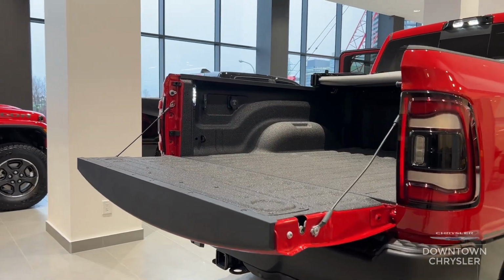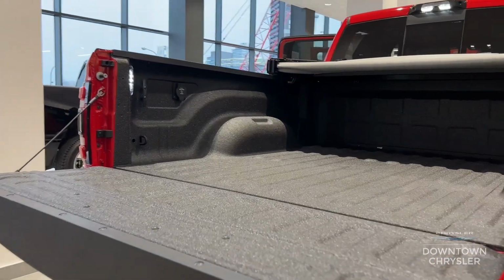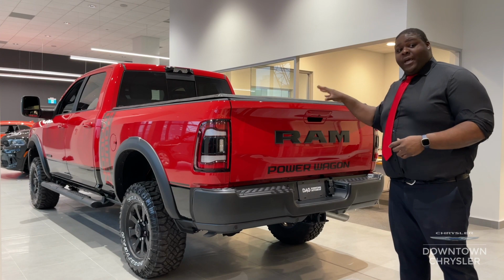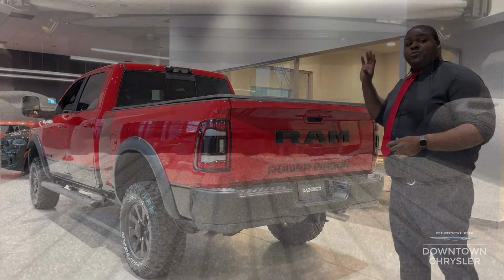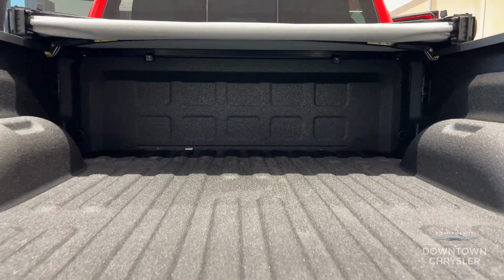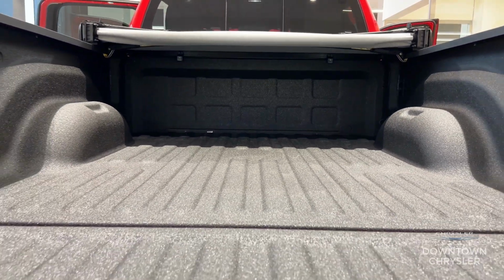Now, coming into the actual bed itself, this Ram 2500 Power Wagon is equipped with the 6'4" bed. That is the only bed that you can get for this truck, and it is extremely helpful to have. When you have a bed length that long, you can carry a lot of different things, whether it's tools, equipment,